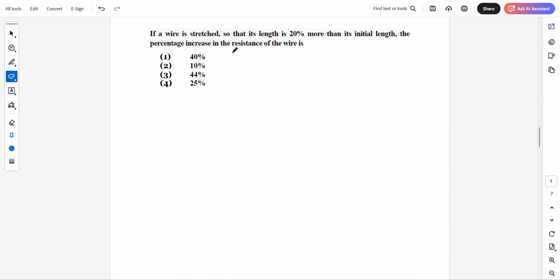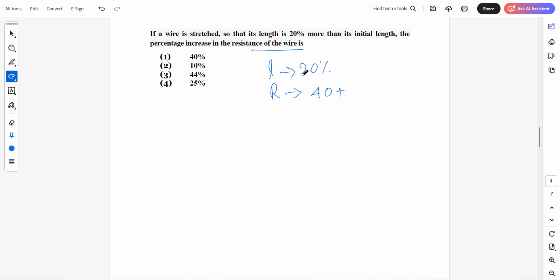Now here, if a wire is stretched so that its length is increased by 20%, what is happening? Length is stretched by 20% more than its initial length. The percentage increase in the resistance of the wire is how much? This will be equal to how much? Double of this one. Double of this one is 40, plus you have to take the tenth place value,